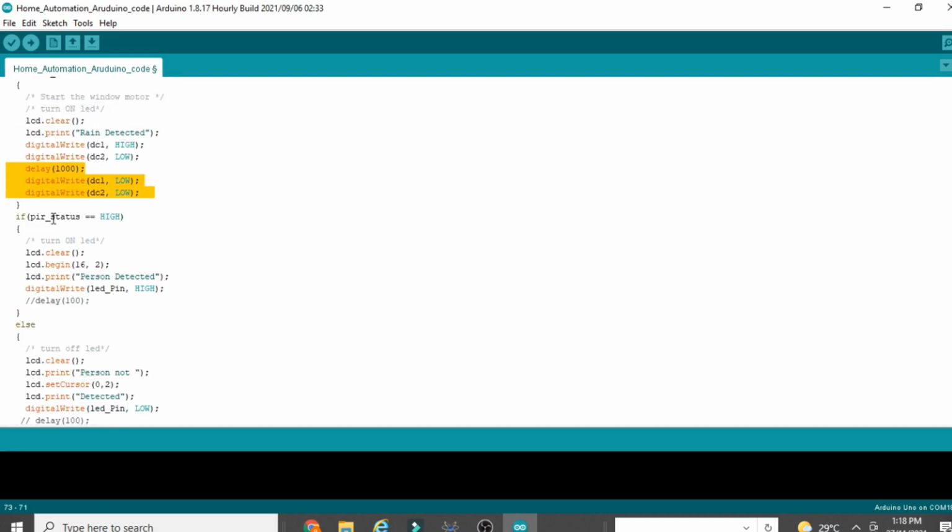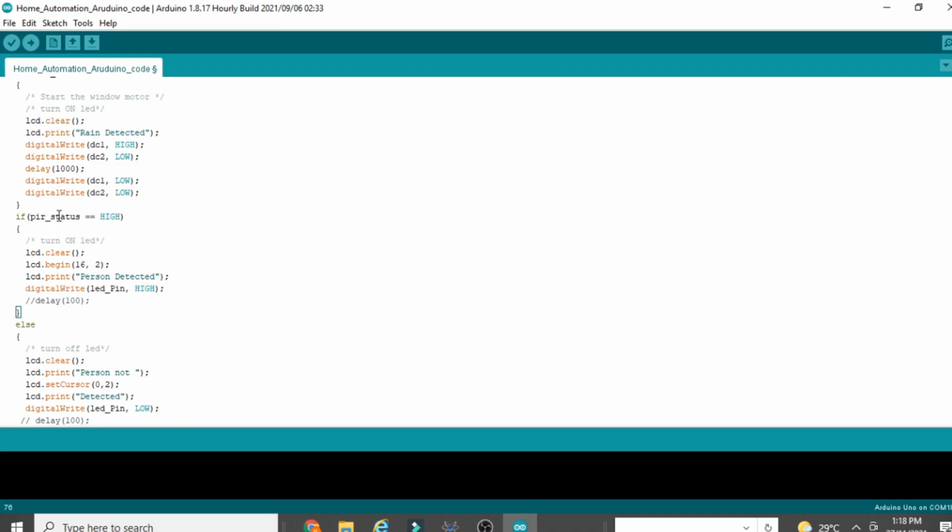Now the next part is PIR sensor high pin. PIR sensor high means the person is detected. So if the person is detected, we have to print the message on the LCD, that is person is detected. To print the message, again the same logic, these two lines, and then we have to turn on the LED. To turn on the LED, that is the digital pin, we have to send the high signal. To send the high signal, the simple logic, digitalWrite pin name to high. So in this way we will turn on the LED.